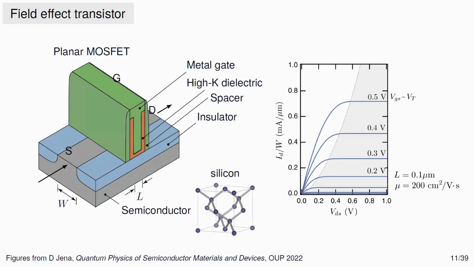And this is a typical current-voltage characteristic where you see how the current depends on the drain-to-source voltage, and how this plateau here is modulated by the voltage between the gate and the source. We say that the transistor is on when you are in this plateau. This plot is basically the basis of all logic operations we use today. Now, this is how transistors were looking half a century ago.